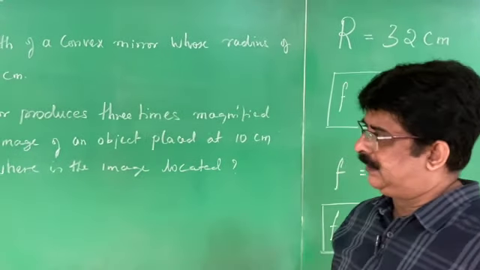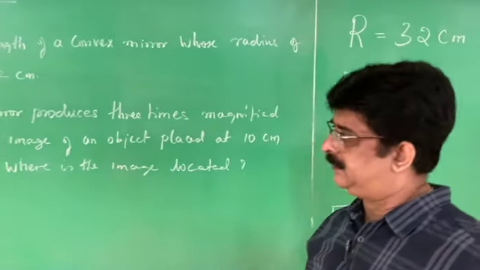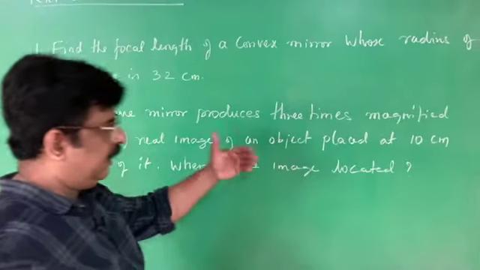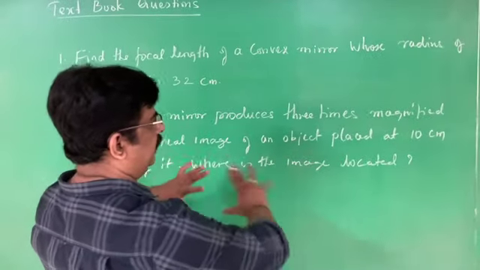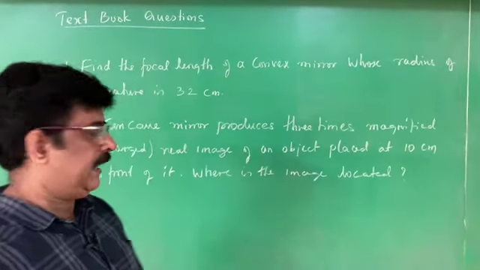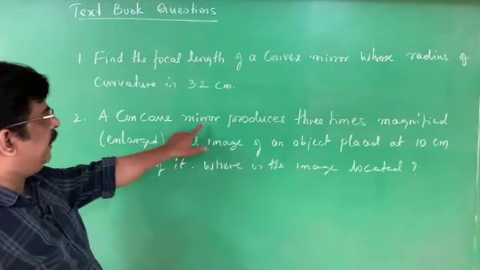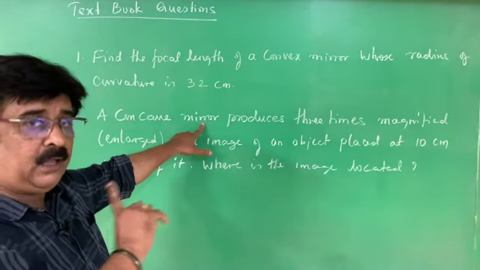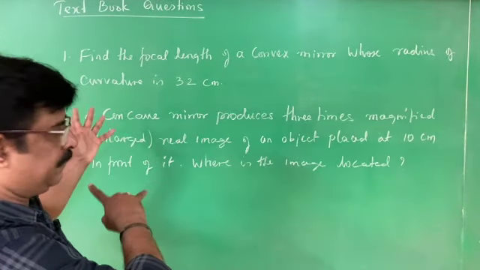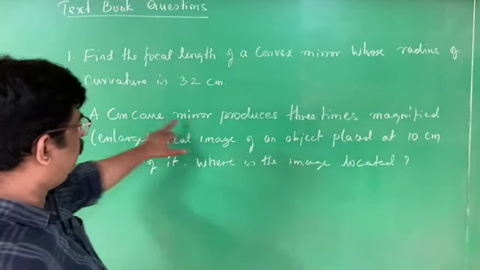Now the second question. The second question is a very nice question. The second question is an application type of question. Now only an intelligent student can understand it in the first instance. You are intelligent, therefore read the question again. A concave mirror, remember, concave mirror. How is the concave mirror, where it is placed, what is the focal length, everything you have to take into mind.